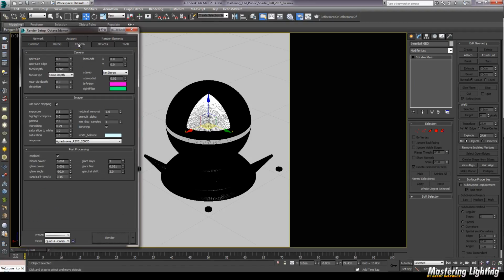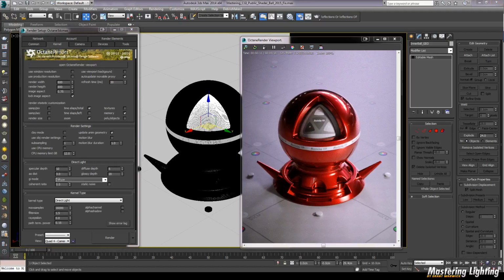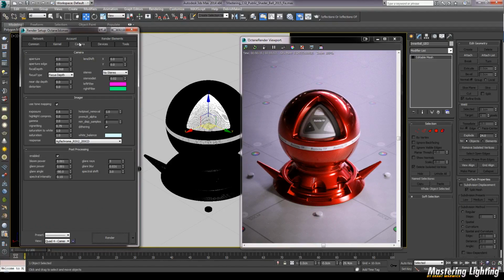and that's if you go into the camera settings here. This is the key difference between V-Ray and Octane itself. So let me bring up the render dialog. Now, I mentioned this halfway through, I think in lesson 5 of mastering V-Ray, and that's the response curves that you can utilize directly out of Octane,